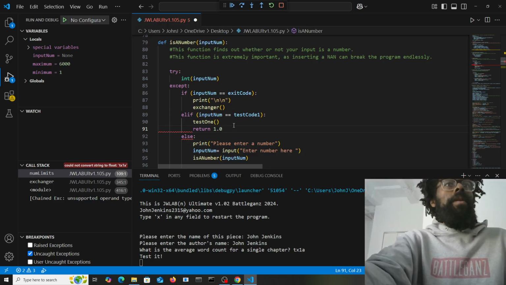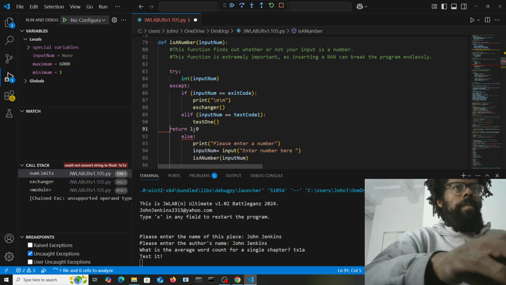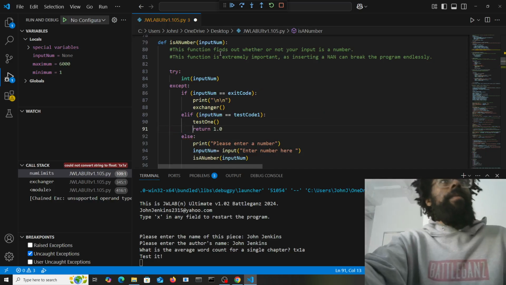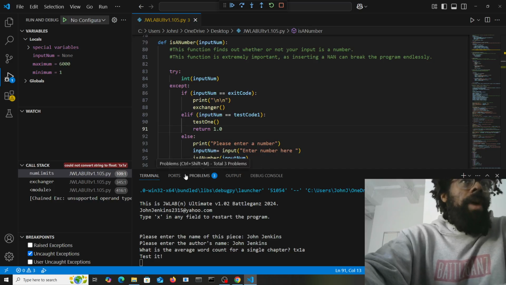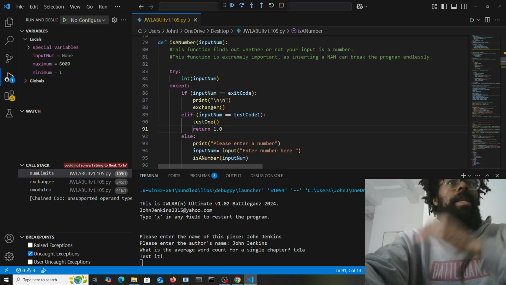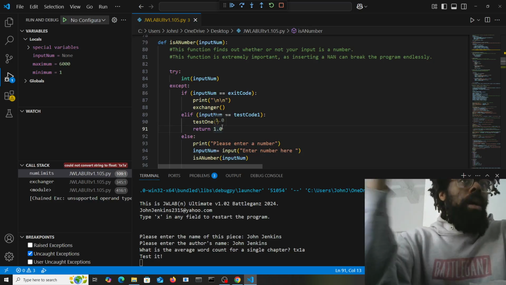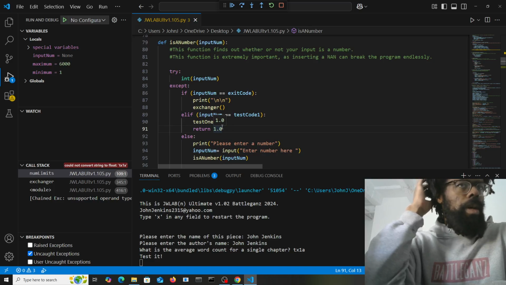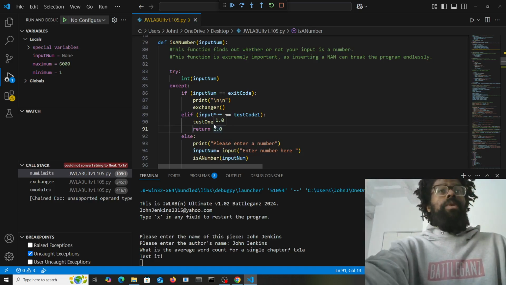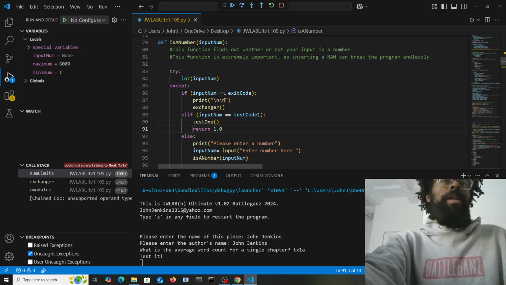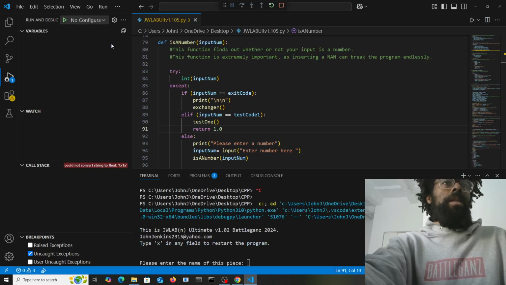Okay. Let me test this theory. So basically what I'm saying is that after it prints out the test one statement, it actually continues with the same program. And as a result, it gets an error because the next iteration of the program is asking you about the number limits. So while I reload this, okay,